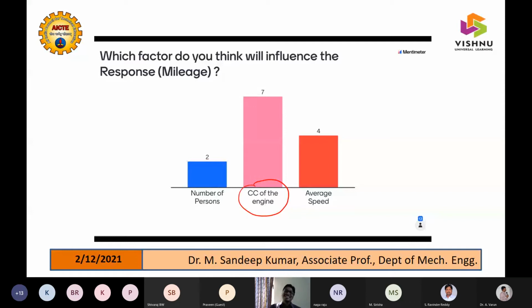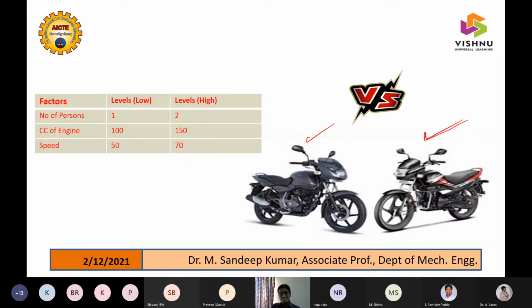What is the approach that you have followed there? I'll tell you. The approach you have followed there was one factor at a time. You just thought that the CC of an engine was the one which is affecting the mileage. Some thought that if I'm going at a higher speed, it may give me less mileage. This also everyone knows. If I go single person, this also will be there, as we are looking into one factor at a time.